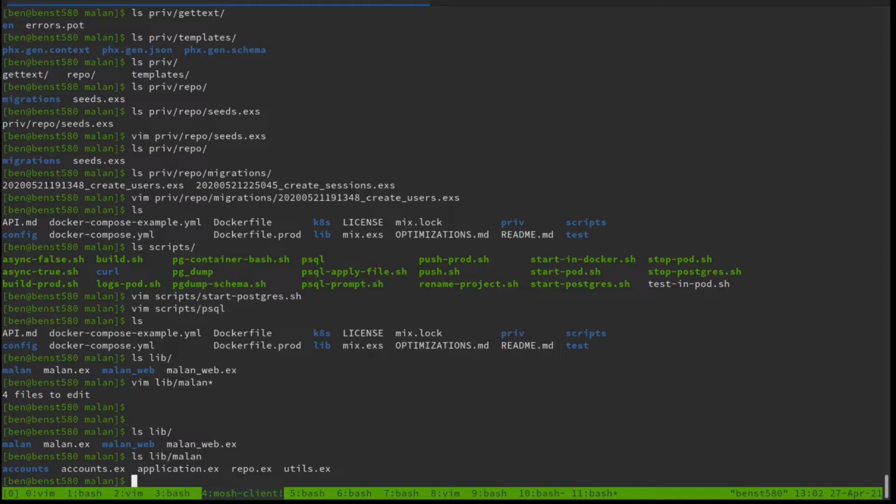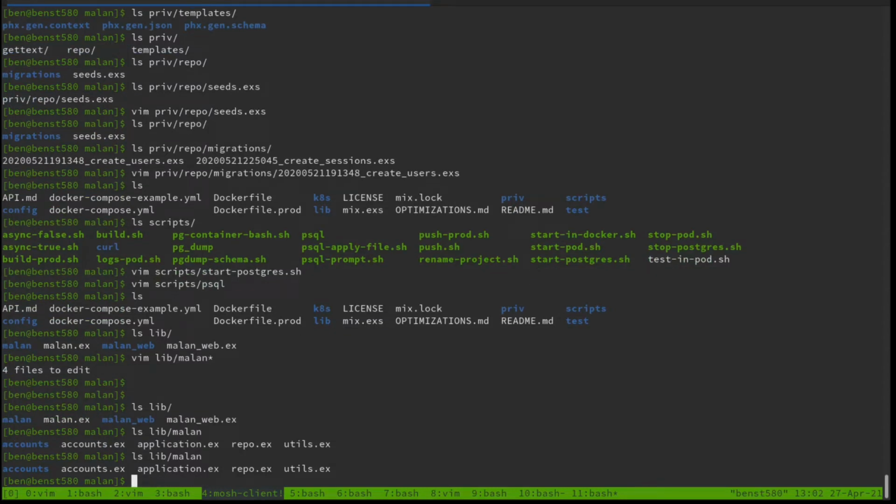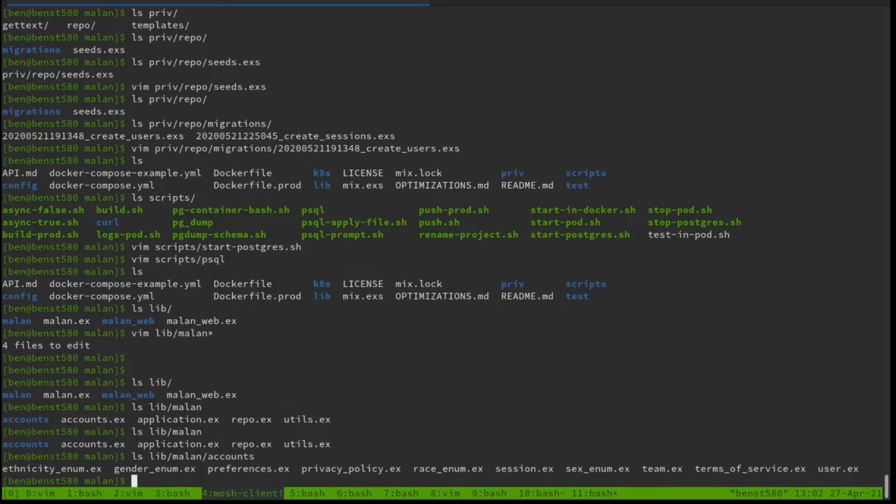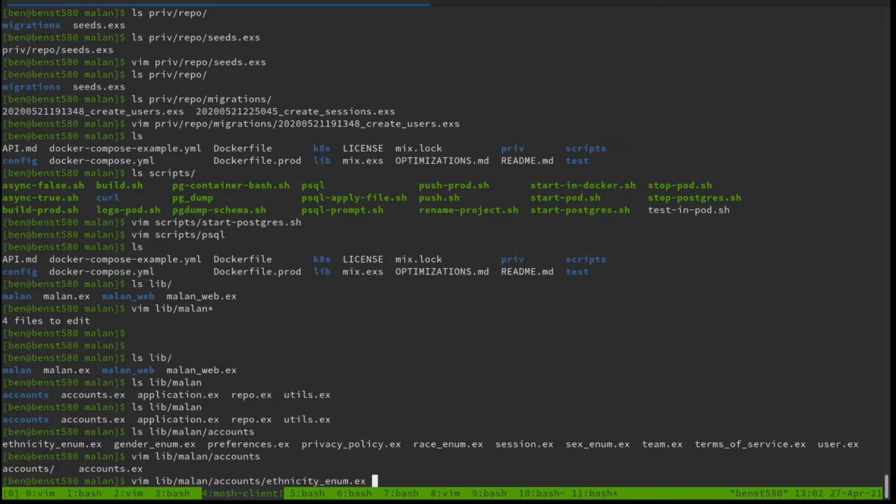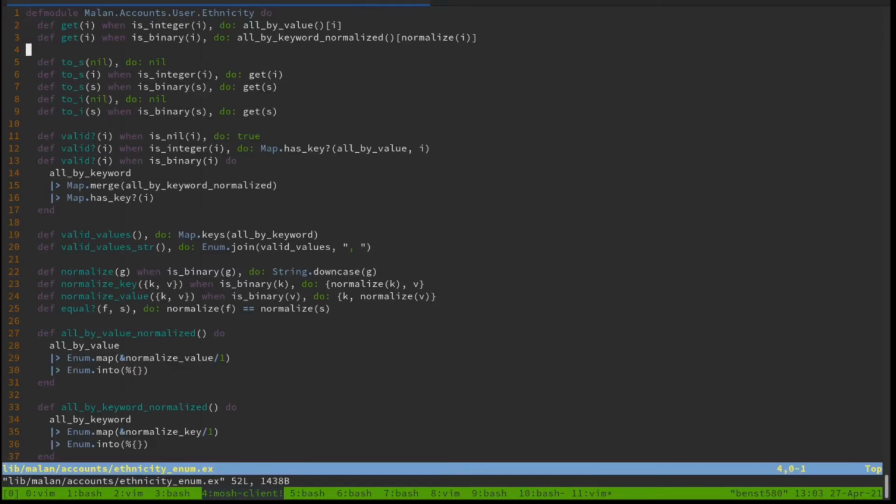So in this case, I created an accounts context, and this is the only context in this application, but in a normal application, you'd have a lot more. If we look inside this accounts directory here, you can see there's a bunch of little files, and most of these are types that we keep track of in the database. We can take a look at some of these, and this is just regular Elixir modules, and a lot of these are just helper